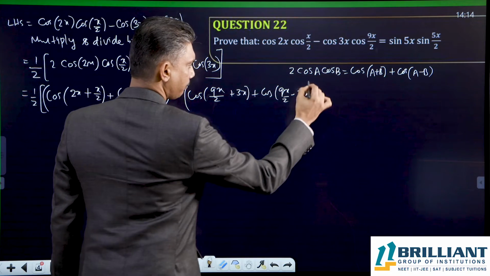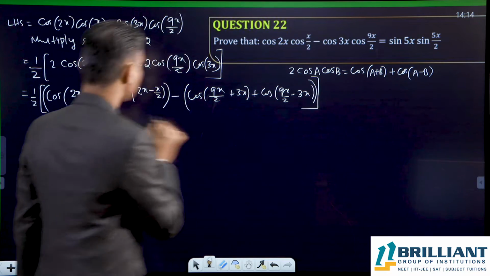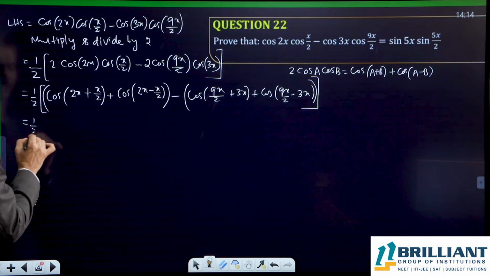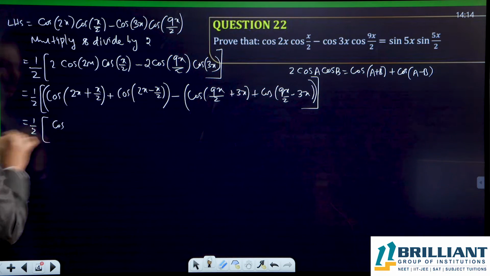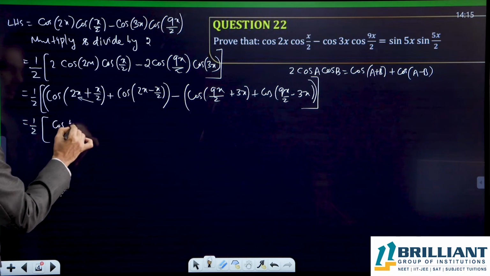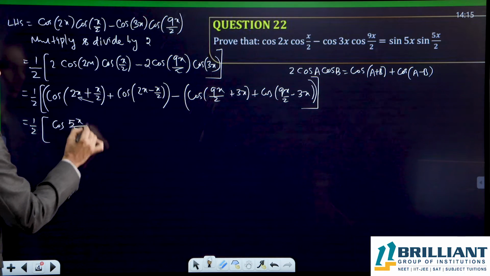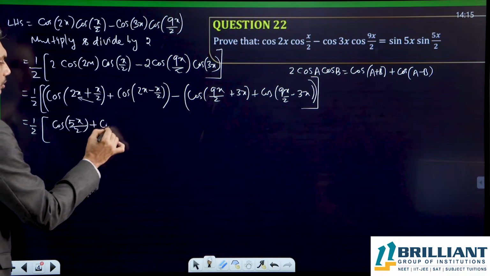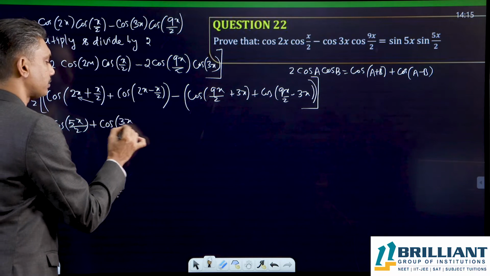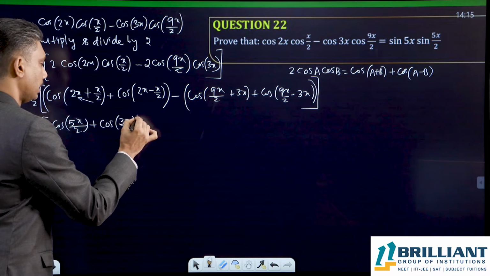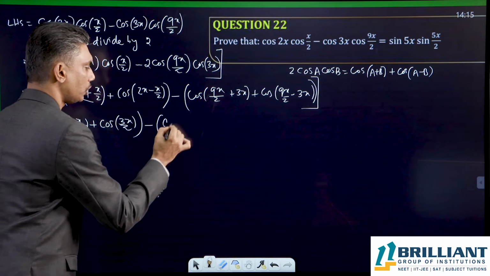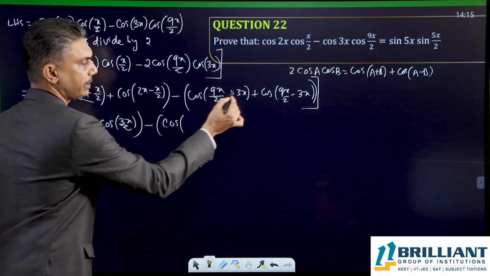And we need to have proper brackets. This 1 by 2 is common for the entire thing. Now, this is equal to 1 by 2 into cos of, taking LCM, 4x plus x, 5x by 2, plus cos of 4x minus x, 3x by 2. This is one term, minus